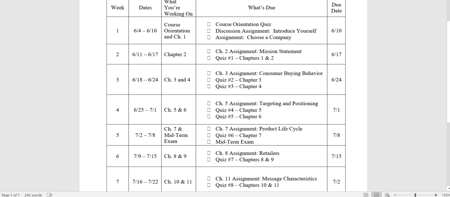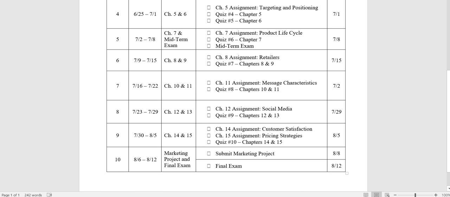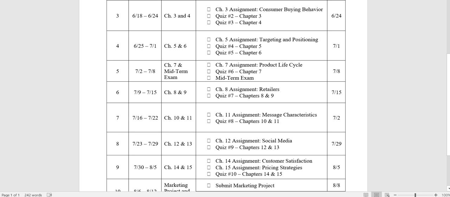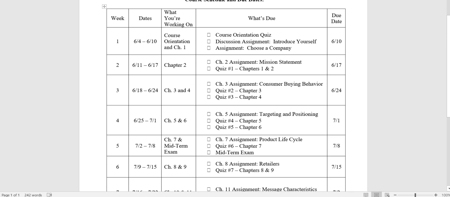The midterm here is due 7/8, and the final is 8/12. Those have to be taken at the testing center. They will be available for at least a week prior to the due date, probably more like 10 days. And those do have to be taken on campus. The rest of it is done at home.